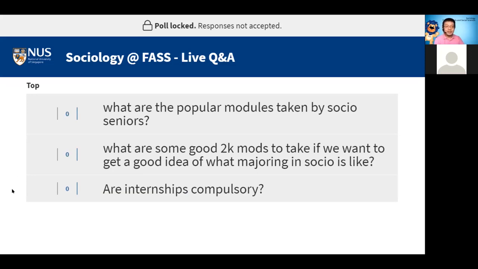I'd like to add that internships are not compulsory, but they're encouraged, and you do get a kind of discount. When you come to 4101, there is a component in which you have to do an internship with an organization if you have not done an internship before. So you do get a discount if you do the internship, because then you go into 4101 and you can bring those experiences from your internship for the use of that module.